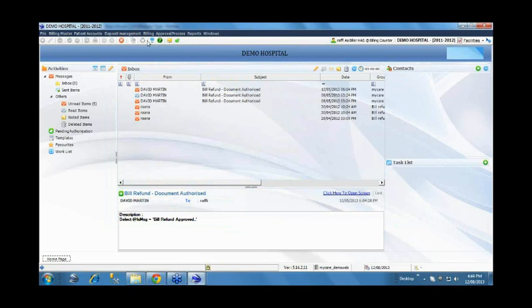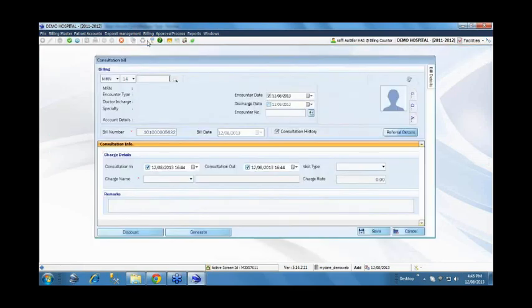Once everything is done, the patient comes to the hospital on the day he or she wants to see the doctor. At that time, there may be two different processes. One process is you allow the patient to see the doctor, then you raise a consultation bill after the visit is done. In the majority of scenarios, primarily in India and the Middle East, we charge the consultation upfront